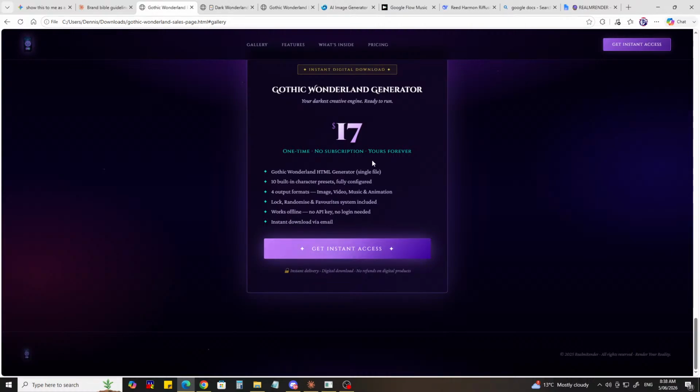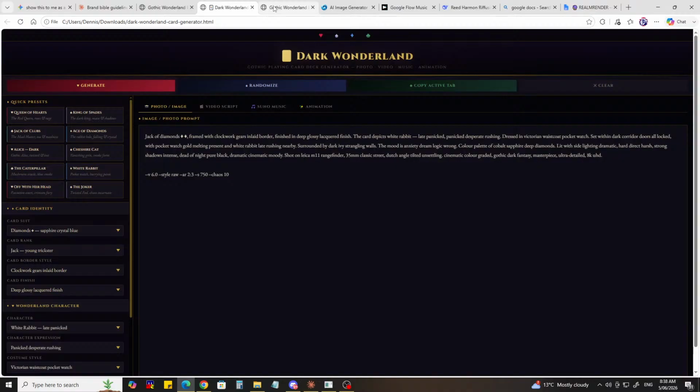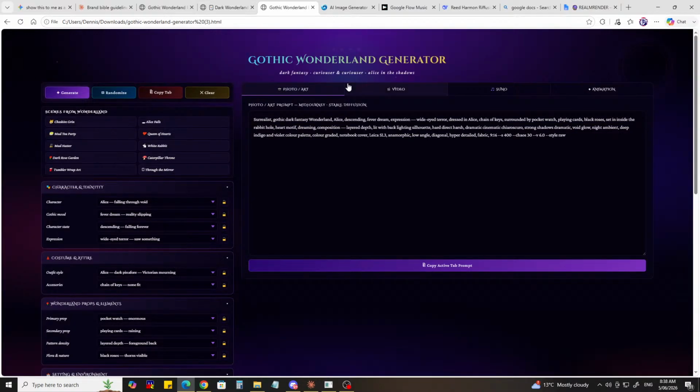The thing is, if you make generators, you cannot sell the generator itself on Etsy. You can sell the photos, mind you, but that takes a little bit of time to set up the photos, because let's say that I want to sell a pack of 10 to 20 photos for tumblers using my Alice in Wonderland Gothic generator. Using this one here, I would do 10 photos, maybe 20, run them through CArt, run them through whatever AI art program that you want to run them through,